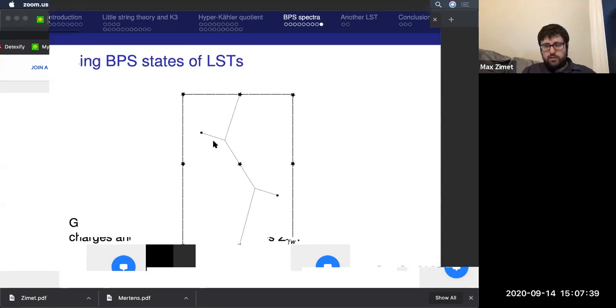So this just means that there have to be some cool cancellations that make it so that all of these more complicated string webs don't contribute at leading order in perturbation theory, but they'll contribute at higher orders. So presumably this can be explained using Fermi zero modes or something, but we haven't done that yet.